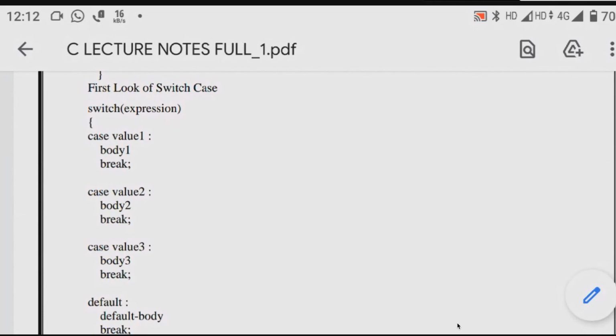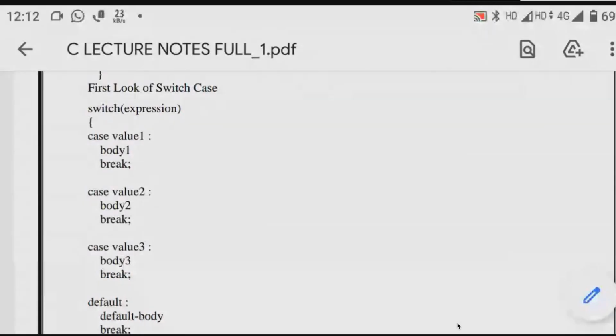If you remove that break, there is no problem. Once the condition is satisfied, it will display according to your request. So first case one will be executed and you will get the answer for that, there is no doubt. But it will read the second case as well as all the cases mentioned under switch case. For the compilation, reading all the cases is somewhat a waste of time, right? So that's why we are putting break. That break is optional, not mandatory. If you remove that break also, you will get the same answer according to your condition.